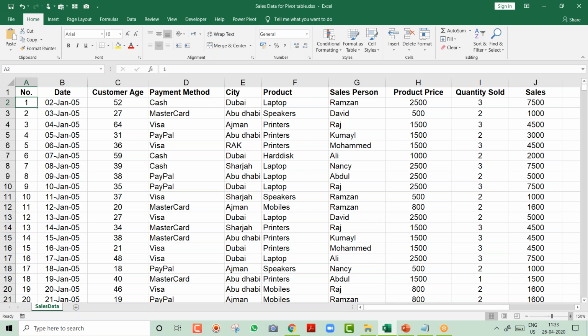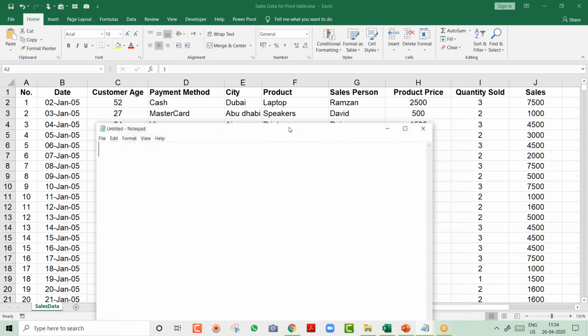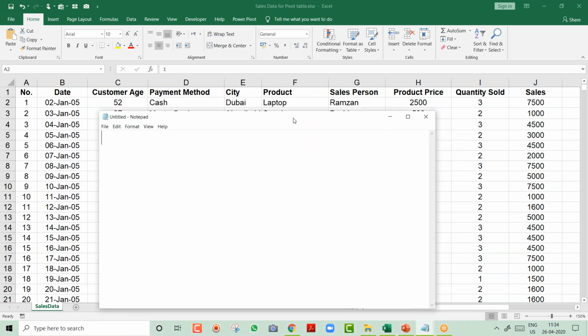Before creating a dashboard or a summary report, there are a few things you should take care of. If your data is not correct, the result will always have a problem. If you provide Excel a correct database, then it will naturally give you a good result, a good report. So now I will quickly open a notepad file, and here I will mention a few important points that you should take care of before creating a pivot table, before you start with a dashboard.